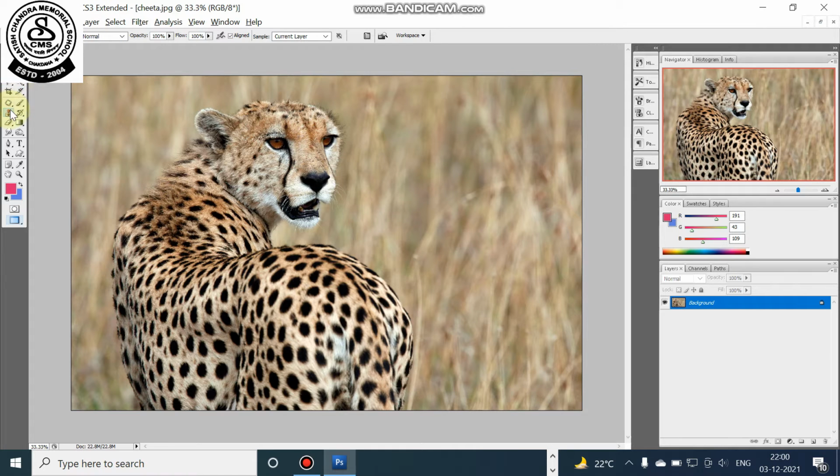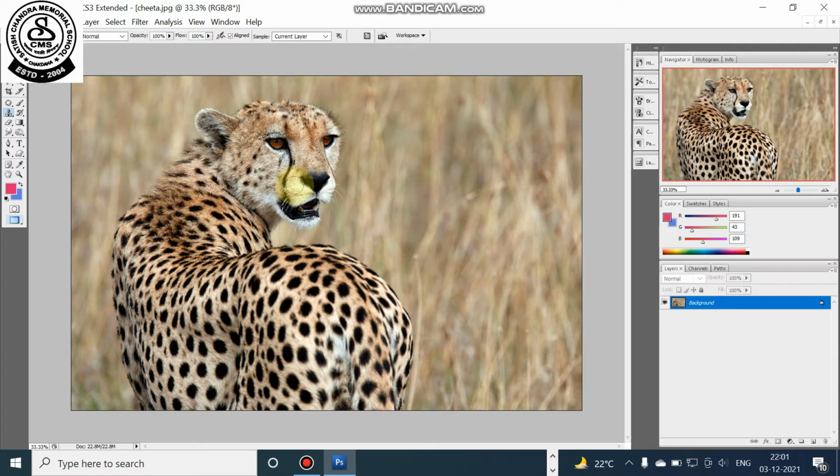Again I'm right clicking on the tool and choosing clone stamp tool. The tool is active now. I'm increasing the diameter of the tool, that means the brush size, and you can see the brush size has increased a lot. Then I'm placing the mouse pointer at a particular portion of the image that I want to clone, and pressing alt. You can see a target symbol has come, and you left click the mouse.